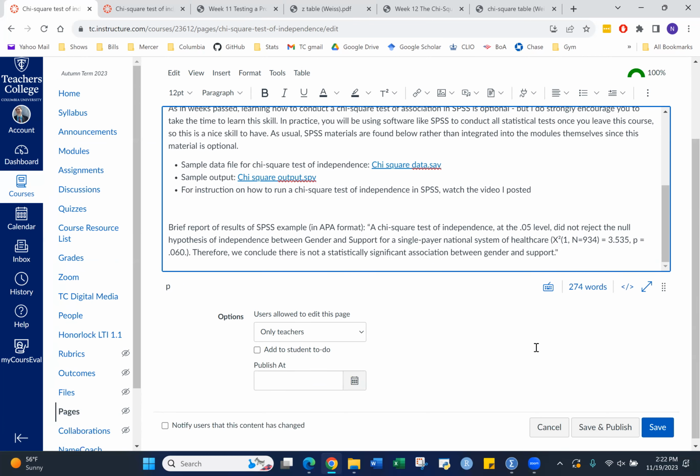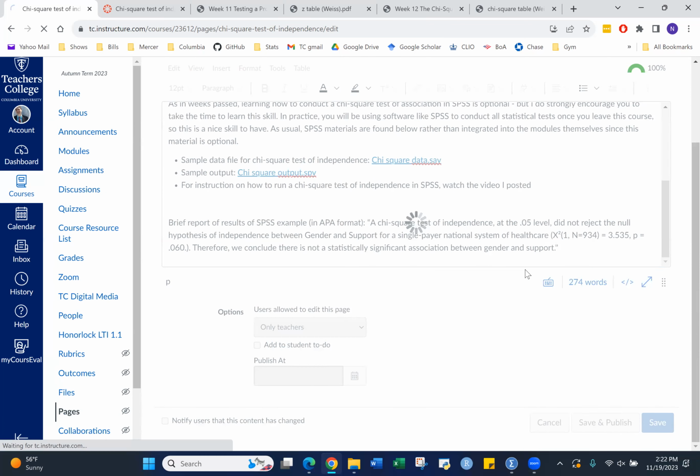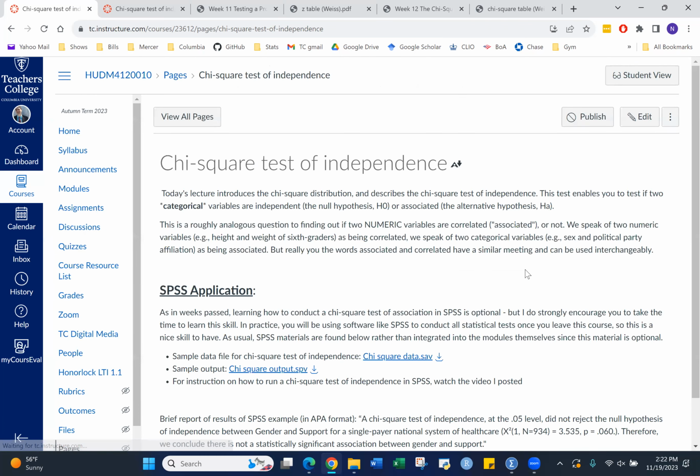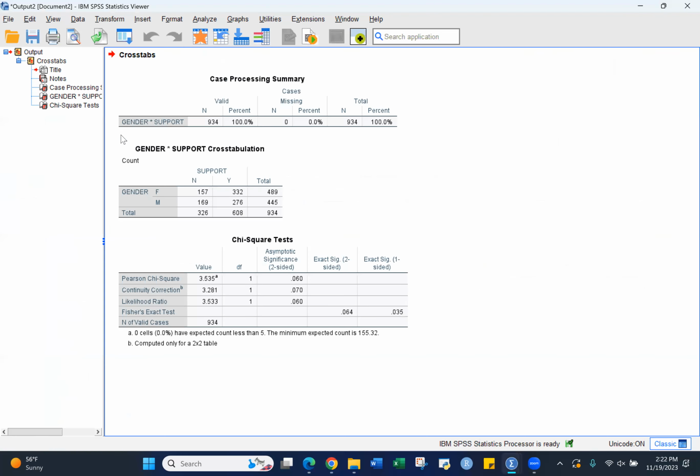It's almost a bit surprising when you start learning how easy it is to do things in software. The hard thing to do in software is to know how to navigate the menus and get what you want, and also how to ignore things. If you look at this, there's a whole bunch of stuff in this table. I don't need anything else. I'm looking for the Pearson chi-square. So I actually don't need these other things. These other things are useful if you break an assumption, like the Fisher exact test is used when you have